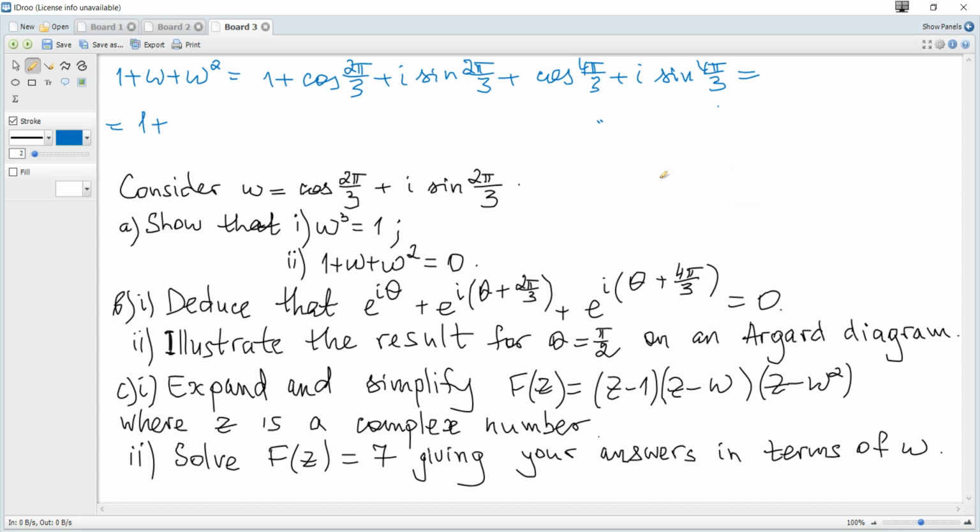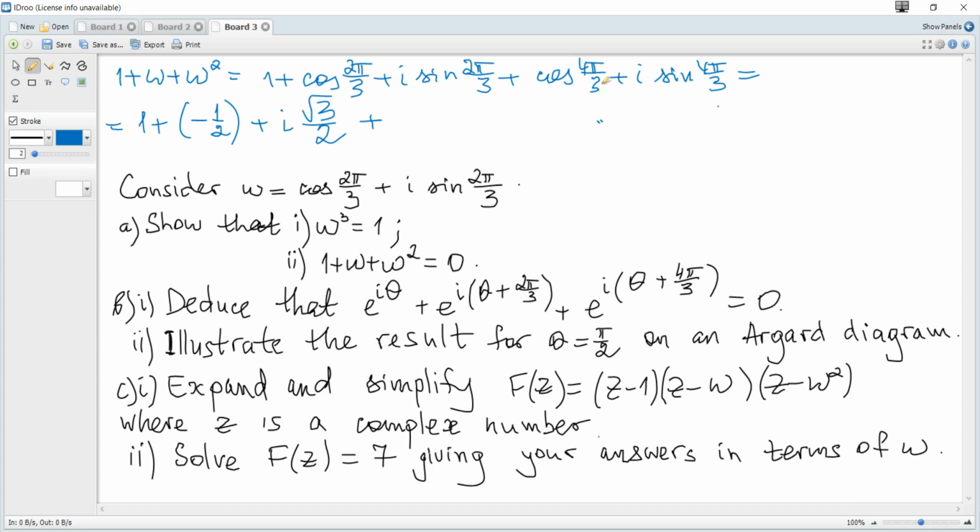So it's negative a half, plus i sine of 120, and for sine it's the same as sine of 60, it's root 3 over 2, and plus because it's the second quadrant, plus